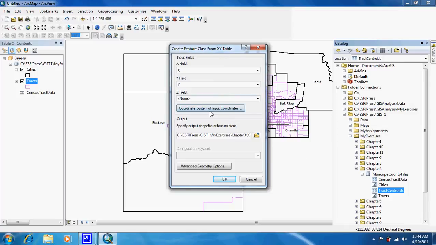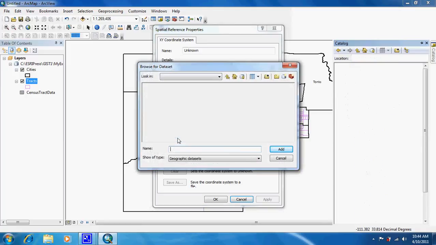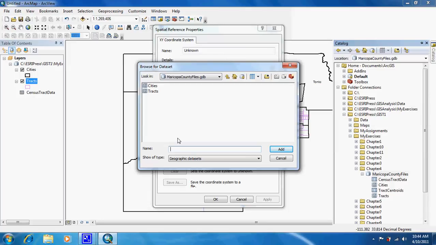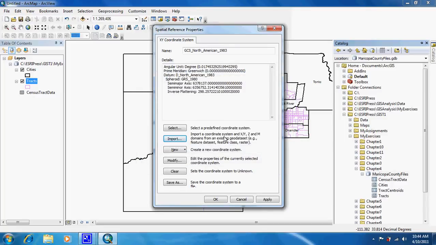And in here, we're going to click on coordinate system input, and we're going to import. Now what this means is we're going to use a coordinate system from an already existing shapefile, and we're going to use the tract system. So with that done, we just